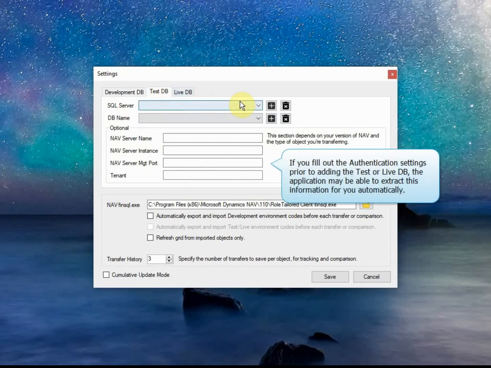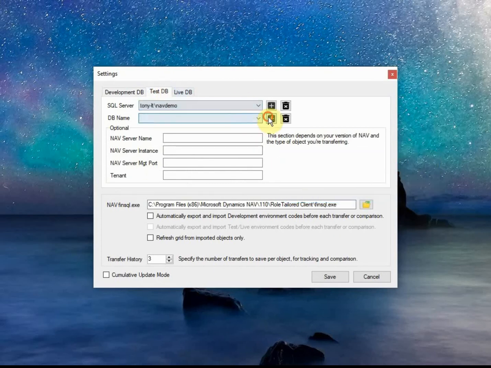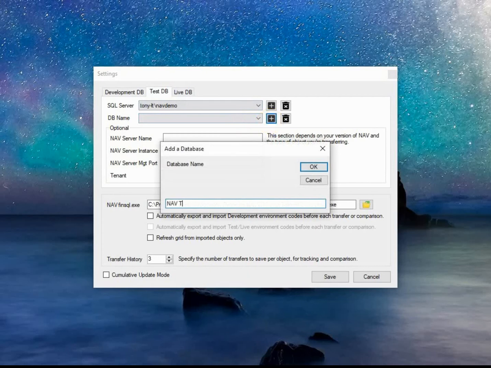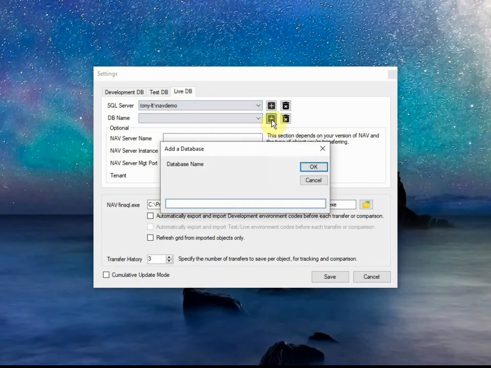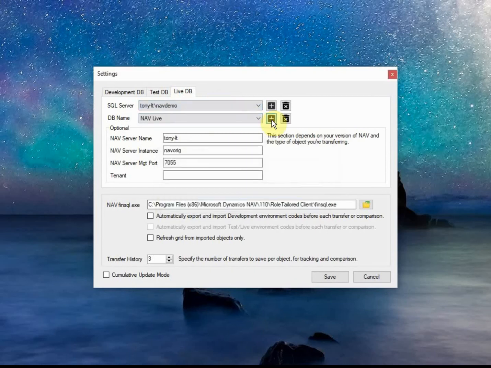This application can query each database directly to obtain the latest information about the state of each object. This will give you the most accurate state of your objects. However, it's understandable that the database isn't always accessible. Therefore, the authentication setting is optional.